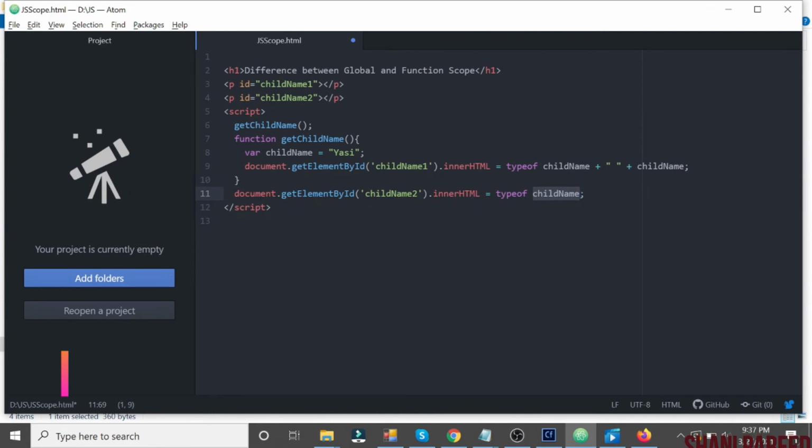So our expectation is, since it's a function scope, meaning the variable declared inside the function, that variable will be accessible only to the statements inside that function. So when this statement tries to access it, the variable is not declared for it, because it is inside this function and not accessible to this statement. So we expect something like undefined. This is undefined for this, right? So let's try to